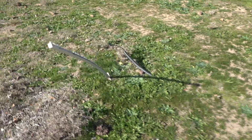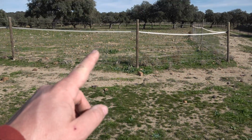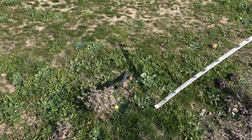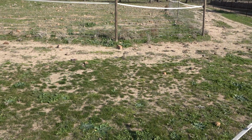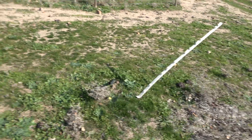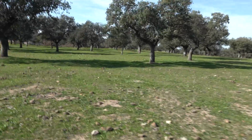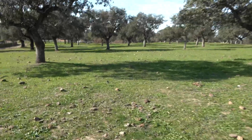I leave this one in place because this is where that wire ends. That wire used to connect the fence line to the other side to provide electricity to the part over there. So there is this pipe to protect the cable going underneath that animal pathway. And I guess in the future we will resurrect this. So now that I already achieved what I wanted,